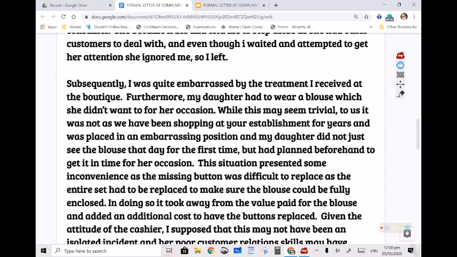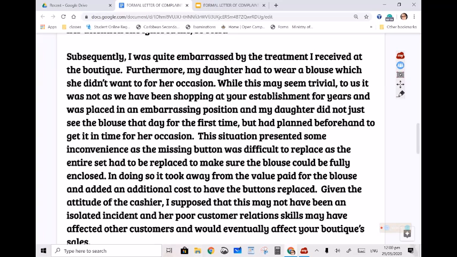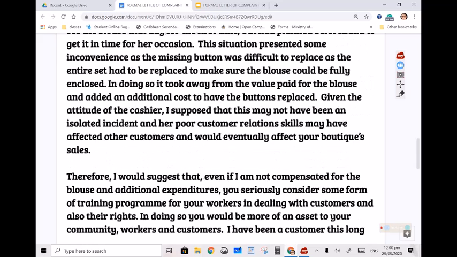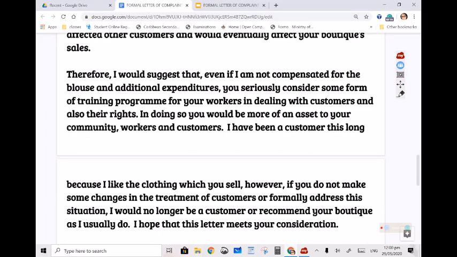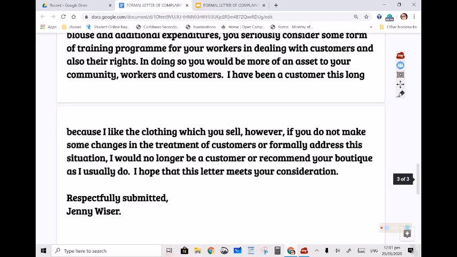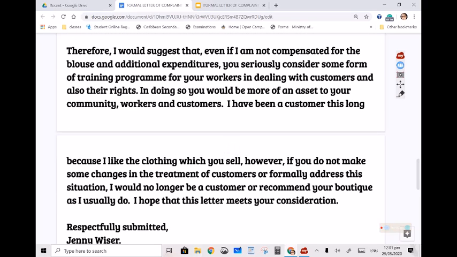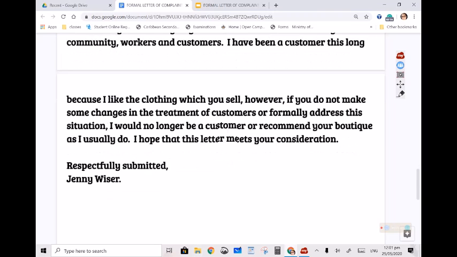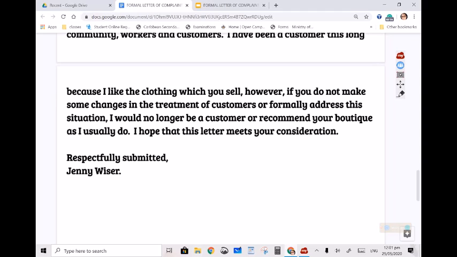You skip a line, then you have an explanation of the outcome, or basically how the situation had affected you, could have affected other consumers and could have affected the establishment as well. And you skip a line, and for your last paragraph you have recommendation, which you would consistently use a formal tone and be respectful. Skip a line, and then you have your closing,